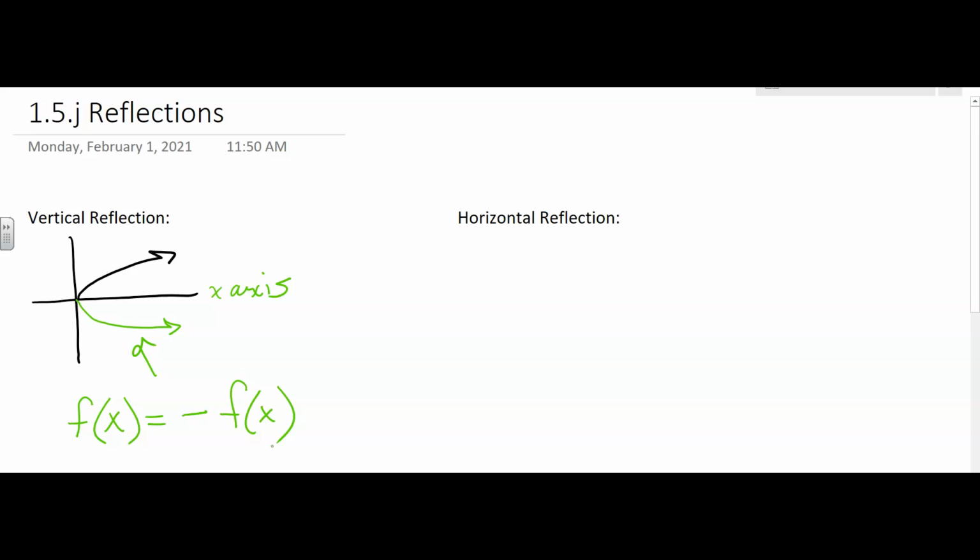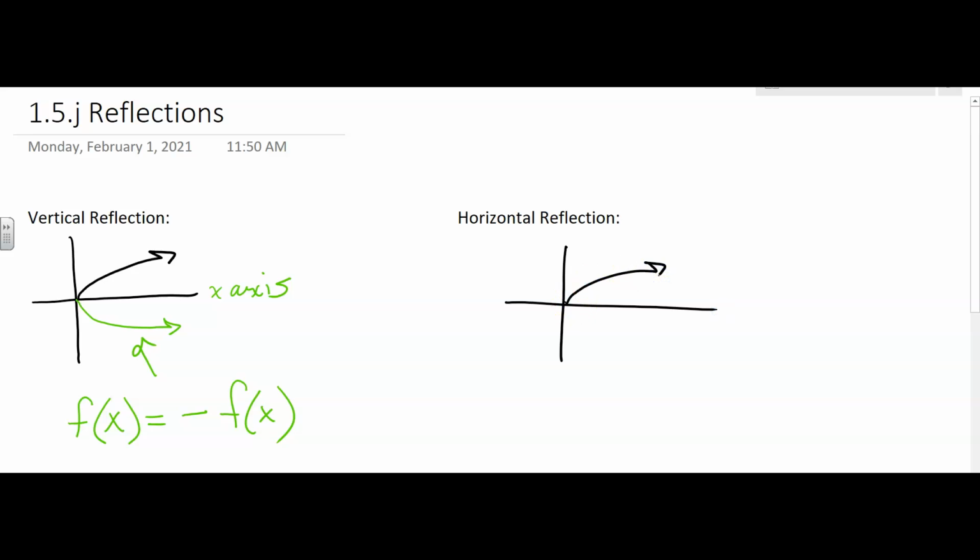So if the negative sign is in front of the function, before you apply the function, that is going to be a reflection about the x-axis. What it means is that all your outputs just became the opposite sign of what they had been in the original function, okay? All right, a horizontal reflection, so we'll stick with our square root function here, going something like